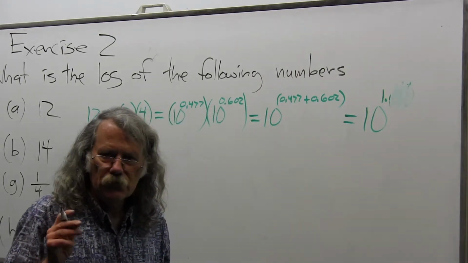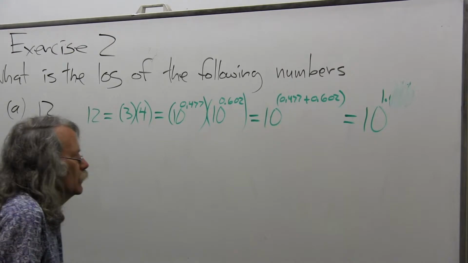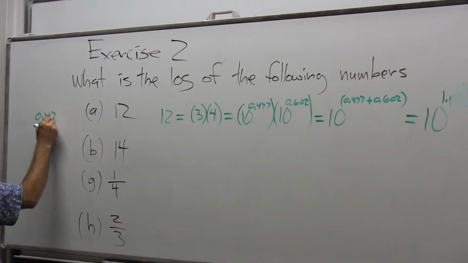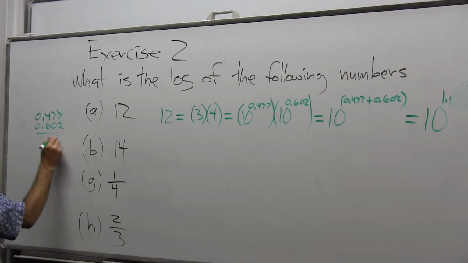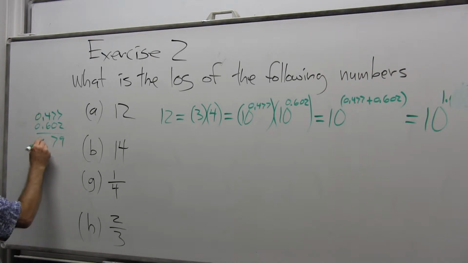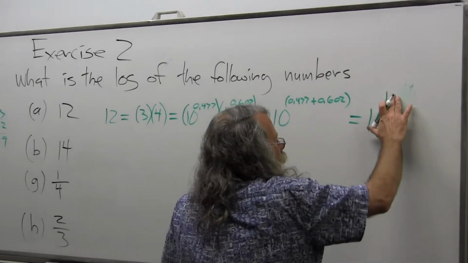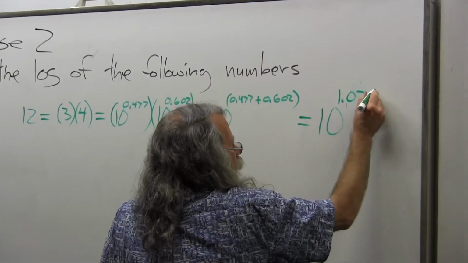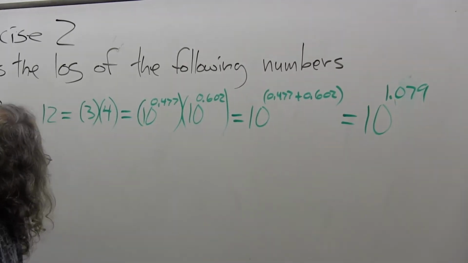I should never do these things without my scratch paper. So I'm going to add this over here on my scratch paper. 0.477, 0.602. This is 9, this is 7, this is 6 and 4 is 10. Yeah, 1.079. And therefore,